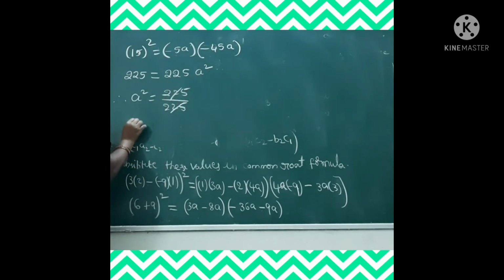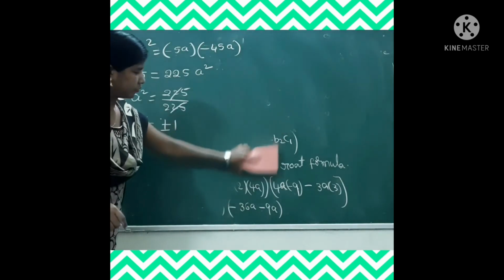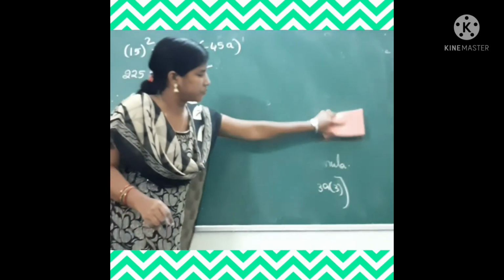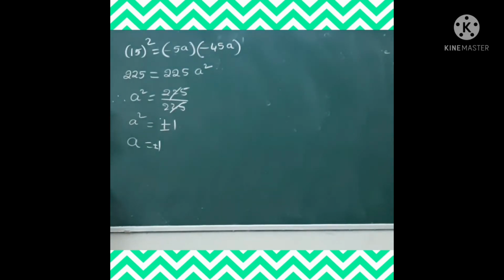We get A square, both are cancelled. We get A square is equal to plus or minus 1, and therefore A is equal to 1 plus or minus 1. Okay. Next one is